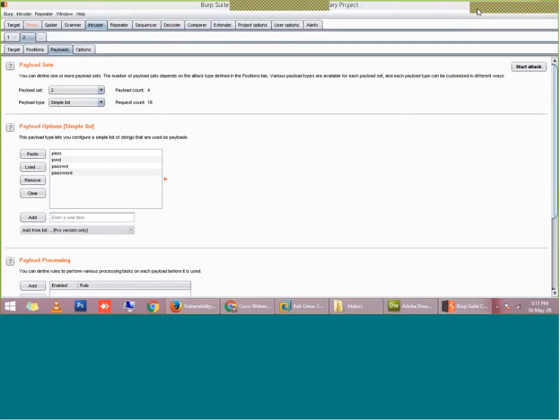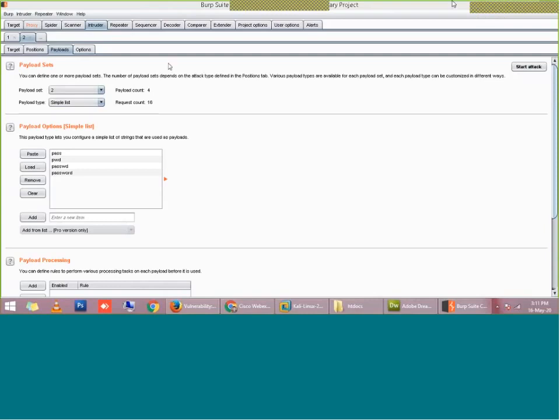So till now, what have we done? Firstly, we have done proxy setting for the browser, then proxy setting for Burp Suite, then we intercepted the request with the entered username and password into Burp Suite. After intercepting that request, I forwarded it to the intruder module. In the intruder module, I identified the positions on which I have to perform the brute force attack. I identified only two positions: one is username and second is password.